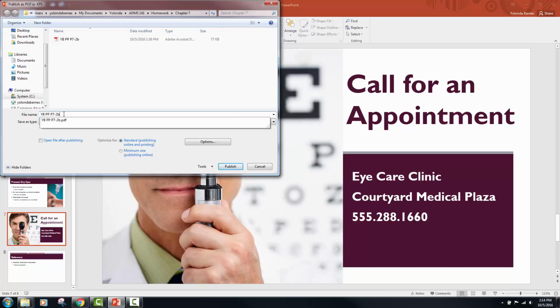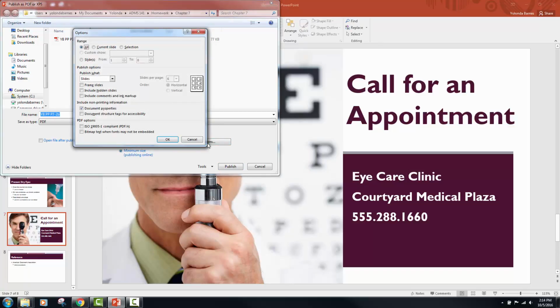But before we're done and we click Save or Publish, there's a couple of steps that we want to do. Deselect the Open file after publishing, because we don't want to open this file after we get done making it and creating it to a PDF. So take care of that. Just deselect that. Next, select Minimize Size, Publishing Online, and then click your Options button to open up the Options